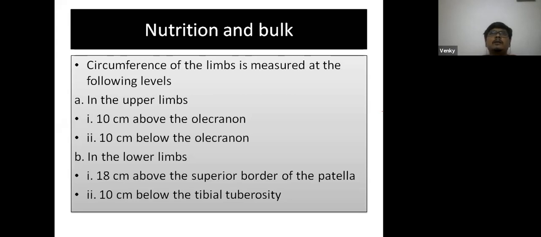In nutrition, you should also see where the wasting of the muscles is present. For example, you should look at the deltoid, because if there is a C5, C6 lesion, the deltoid region will be wasted and the contour of the humerus gets lost. Then look for small muscle wasting, especially whether the brachioradialis is spared or not. And then look for quadriceps wasting and calf muscle wasting.